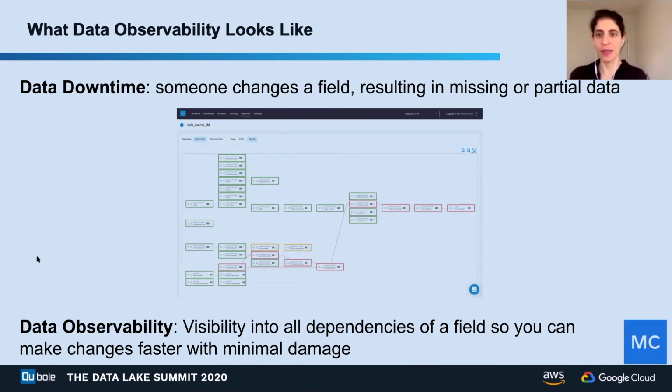We find that when data teams have this data lineage or data observability in place, it allows them to move faster. They spend way less time recovering from downstream impact that they may have caused accidentally, and have way more confidence in moving faster.